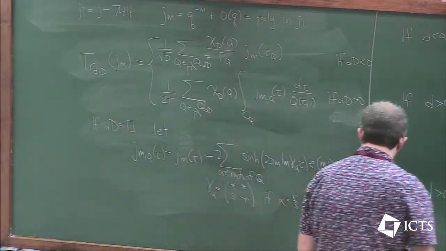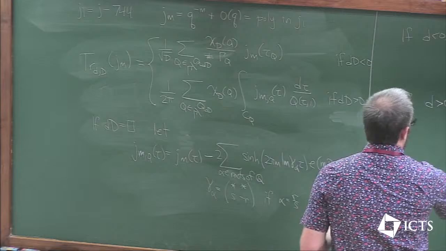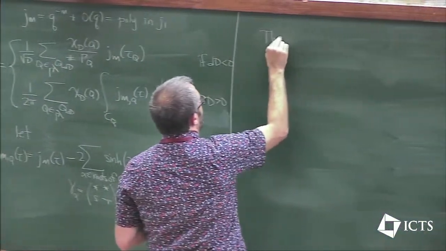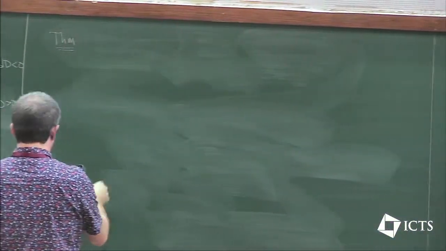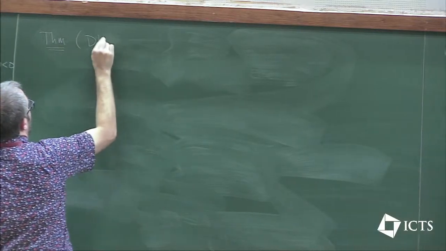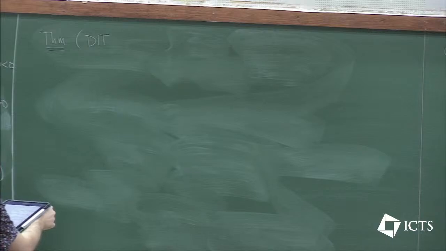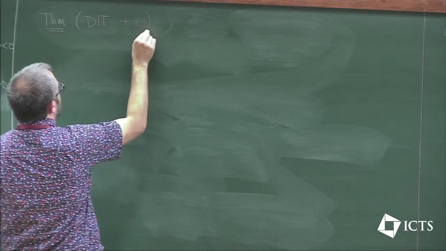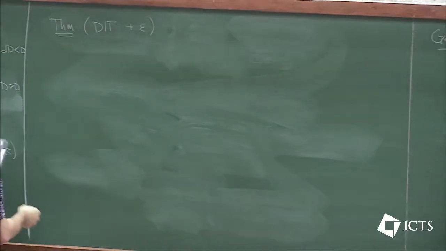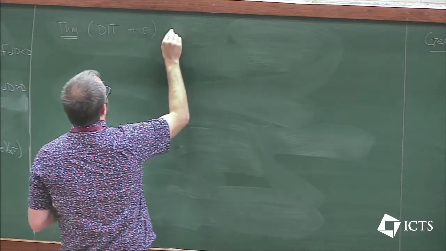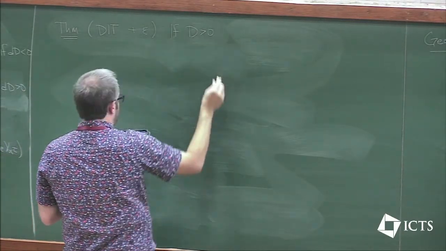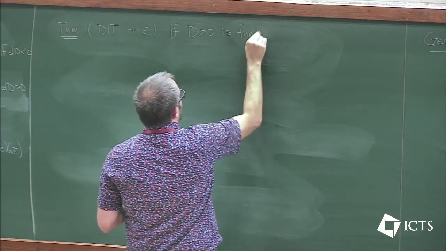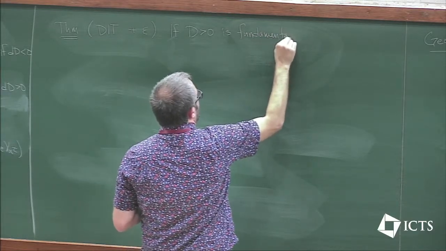All right, so here's a theorem, which I think is really a beautiful theorem of Duke, Imamoglu, and Toth. This appeared in the Annals. Maybe I'll put plus epsilon in order to deal with the squares, because they don't actually deal with the squares. So here's the theorem. If D is positive, if D is fundamental, then